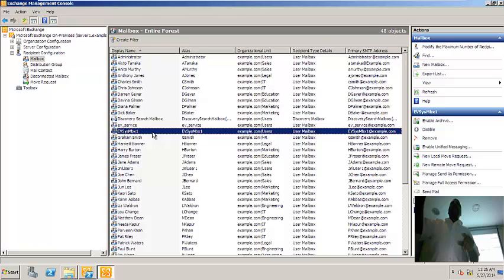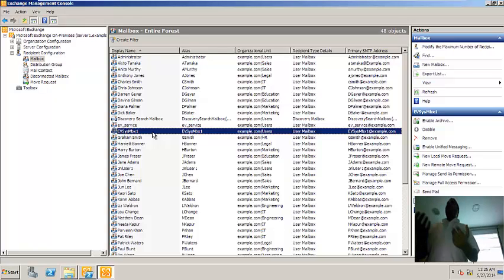We need to have one system mailbox per server, for system purposes. For example, if you have an Exchange DAG, one database is active and one is passive, a copy of the active database.